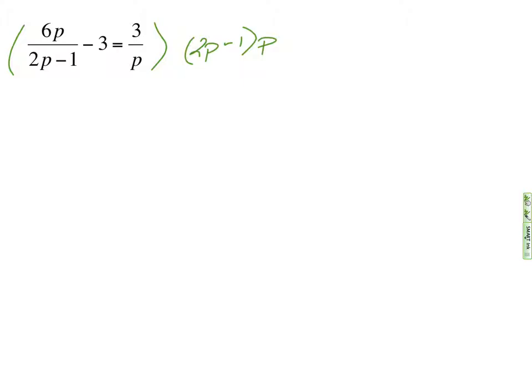Okay, here's the rule of thumb. What is 2p minus 1? What can I describe 2p minus 1 as? A binomial. If you've got a binomial, the binomial must always be in your common denominator. So since this is 2p minus 1, I knew that part of my common denominator had to be 2p minus 1. Okay? Then I had p,